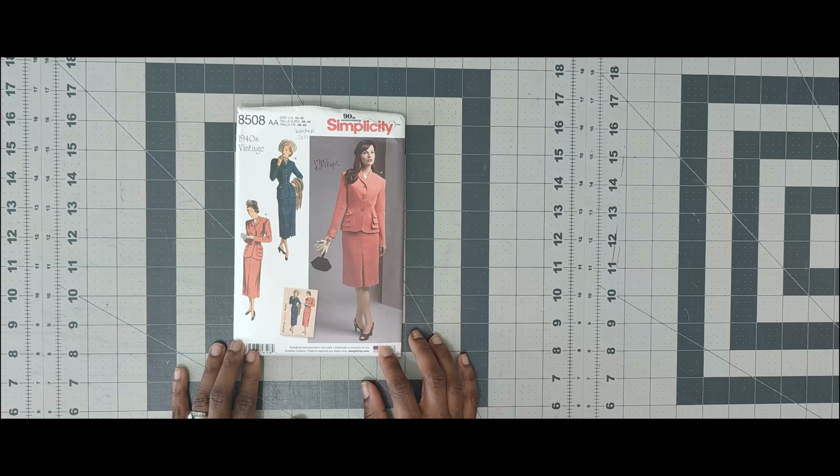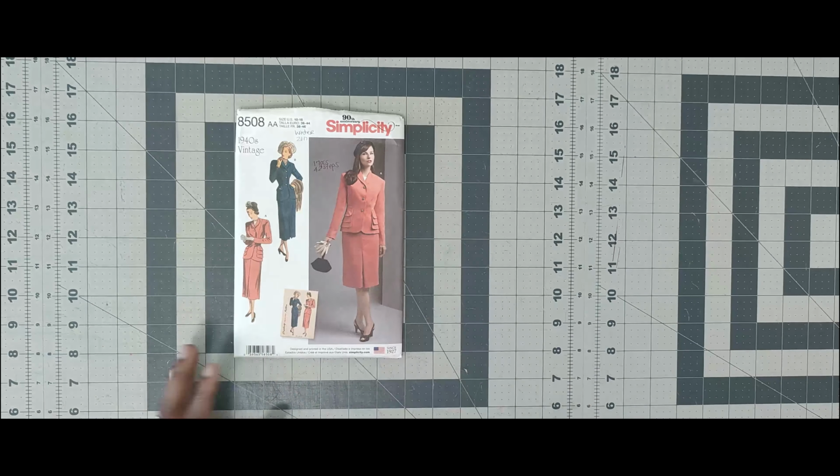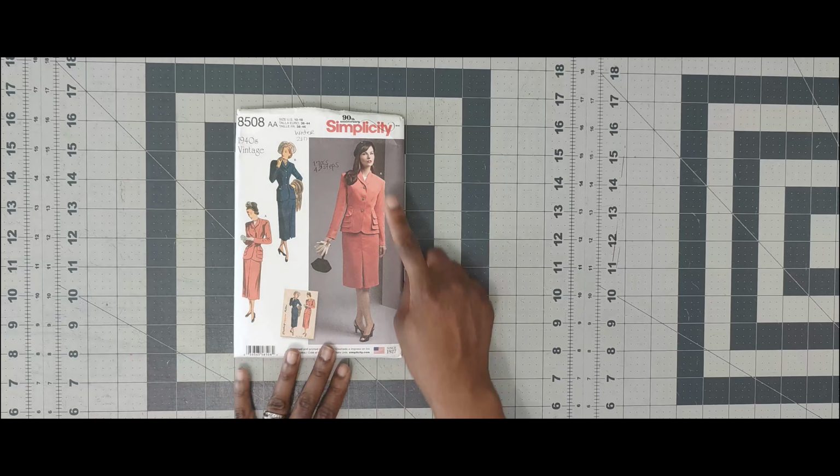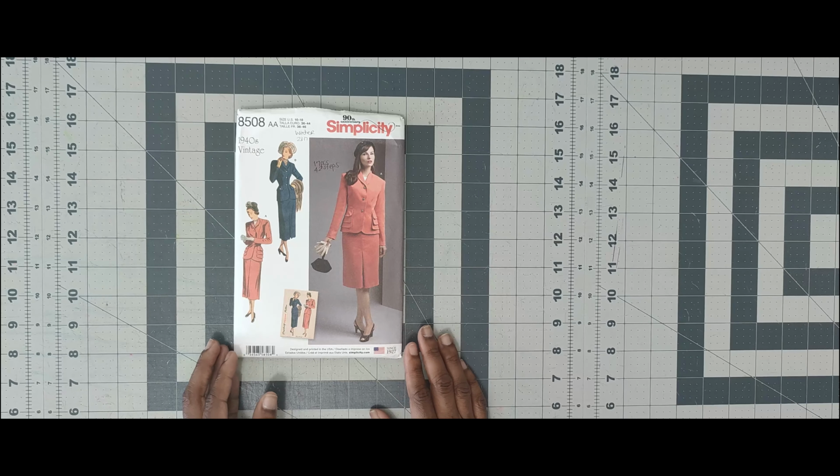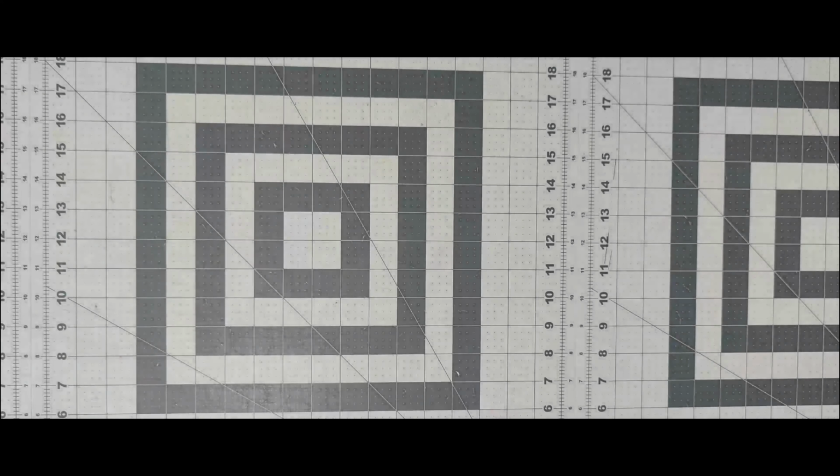8508, which is a vintage pattern. It's a 1940s vintage pattern. Don't know why I truly picked it up, but I like view A, and that's the view that I would be interested in doing when I get around to this pattern. All right, the next pattern is